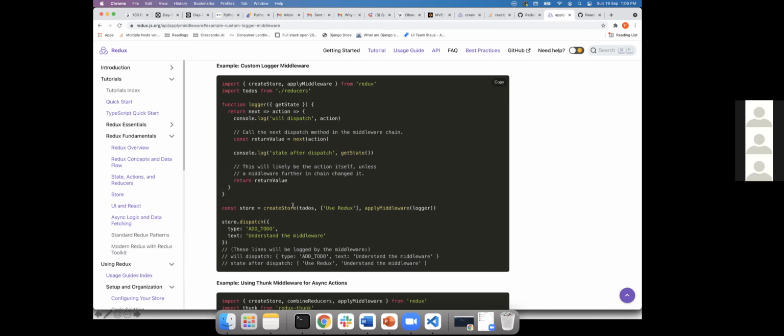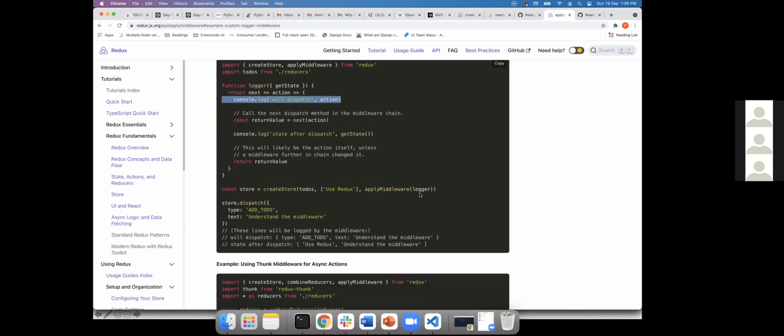State will not update until the function gets executed. I mean, you have not transferred your things to your store yet, right? You are bypassing it, holding the reference in between, because you are not returning an object. When you return an object, that's what it does. Since you are returning a function, you are expecting that function to execute at one point in time. When you execute that, you have a reference to your action, with its method and payload and all that, and you can modify and do everything.